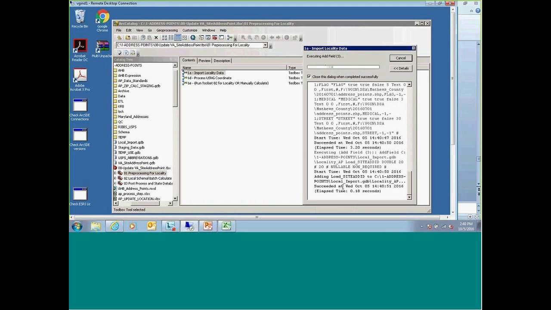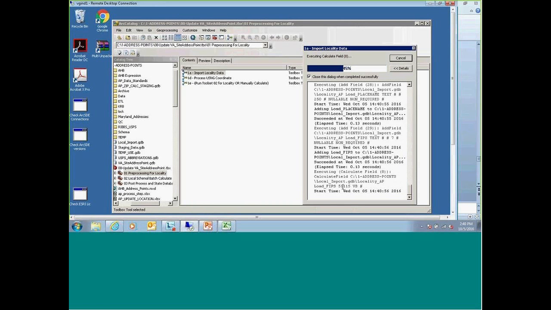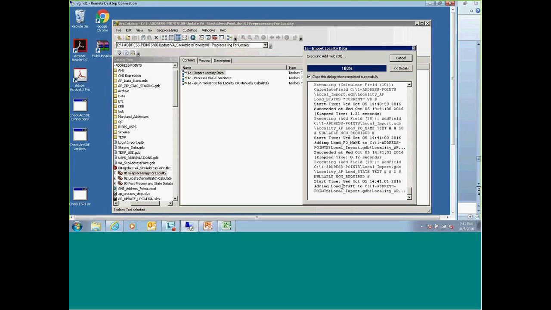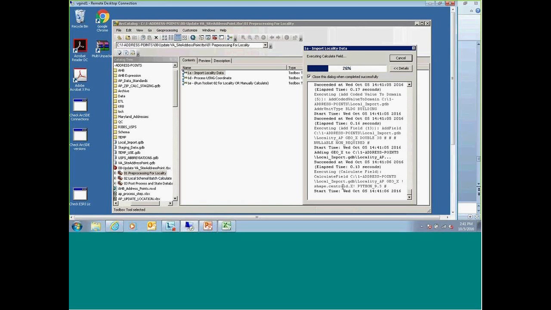But I've noticed when we have to calculate the attributes, that a lot of localities have everything in one field, like 123 Main Street, apartment 2 is all in one field. So we have to break that up because it has to be in separate fields in order for us to get it within the statewide data set. So once this calculates, we have to run through these processes, and then we can open up.